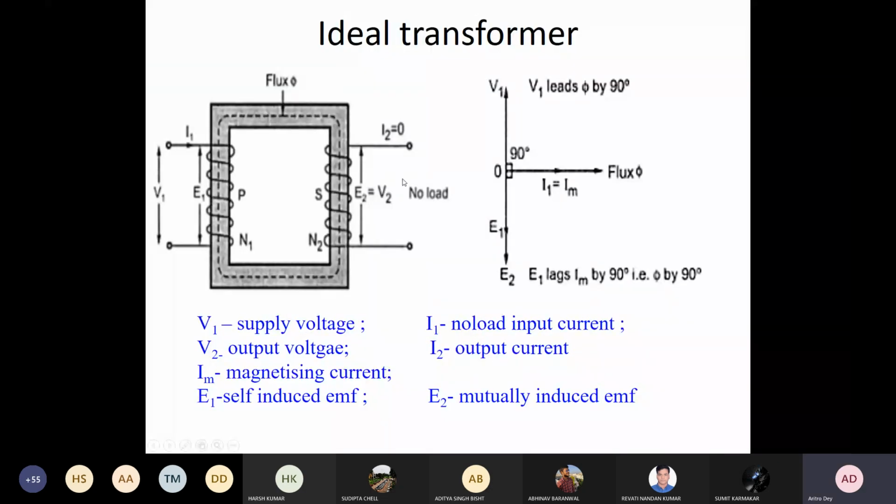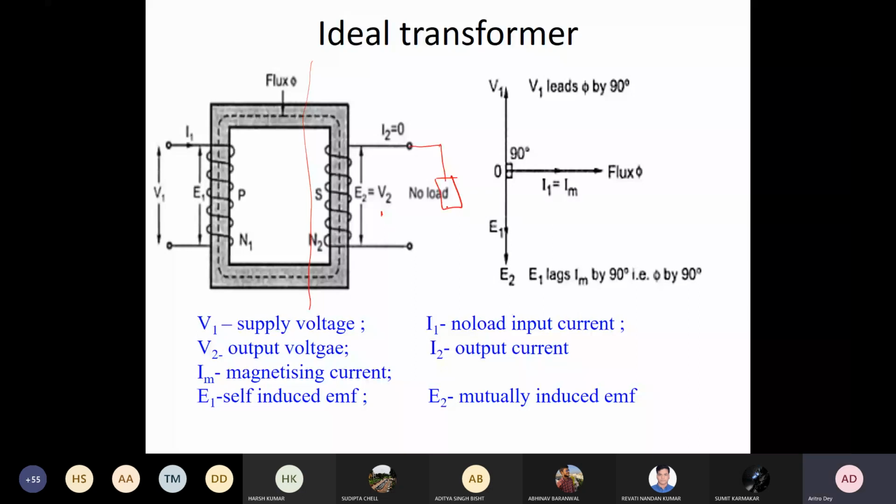First of all, here this is E2 and V2. And whenever there is no load, E2 is equal to V2. But forget about the primary now. This part, if you see, is a source of EMF, which is E2, and it has a polarity like this. And if you connect a load across it,